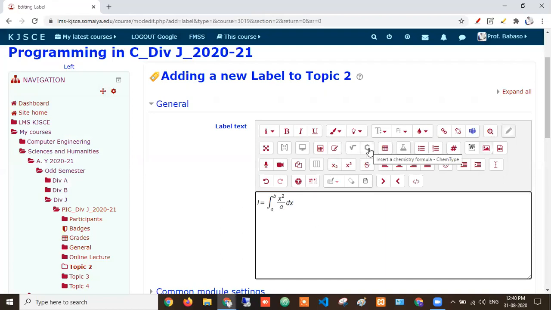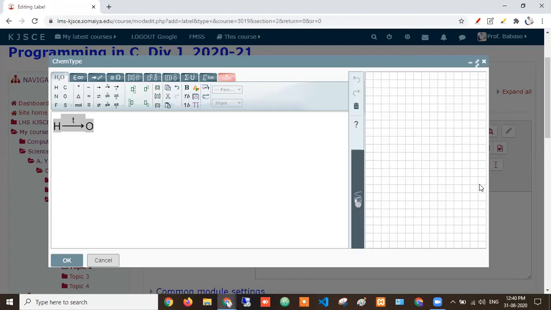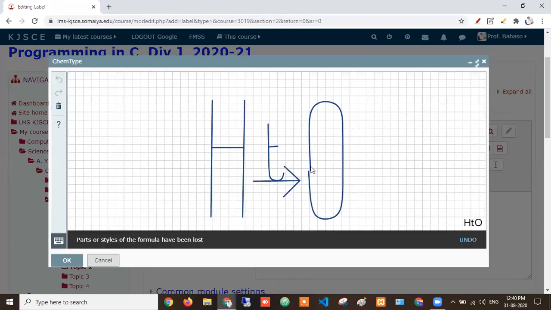Suppose for chemistry teachers, you want to write some reactions. Here you have these options, sir. You see hydrogen here, you want to do some reactions. For example, I'm just typing here, but yes sir. So with these options you can use symbols, and the same thing for mathematics. If you want to change the font size, you can make it large.